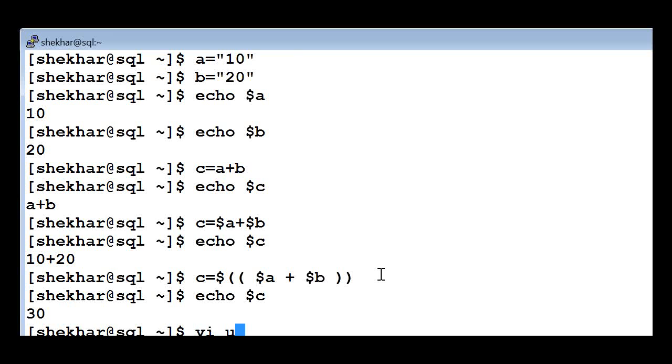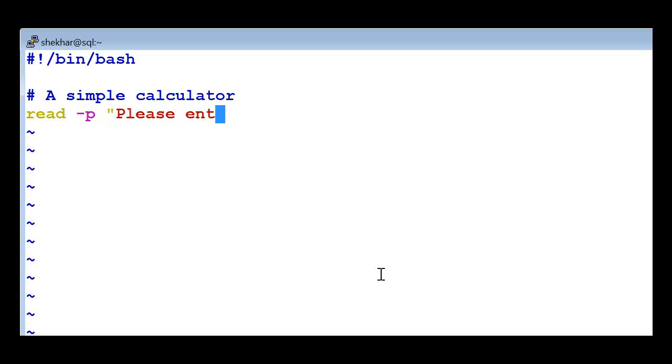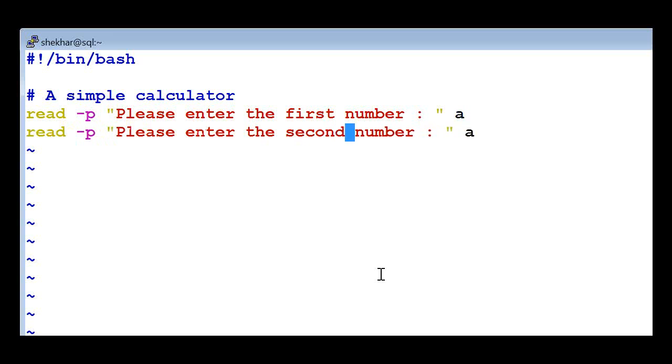But now with this, let us write the third Unix shell script, unix3.sh, and again shebang bin bash. Okay, a simple calculator. So read -p, please enter the first number. Please enter the first number, and I'm going to call the first number A, and then I'm going to say please enter the second number. I'm going to call that second number as B, and then I'm going to do the mathematical calculation. Sum is equal to $A plus $B, and similarly I will do subtraction is equal to $A minus $B,